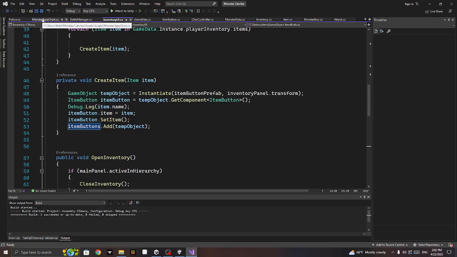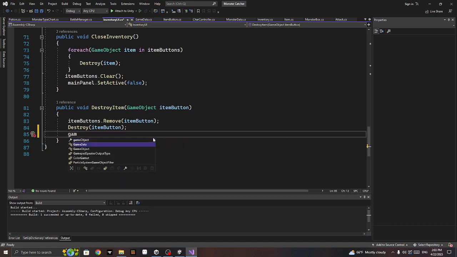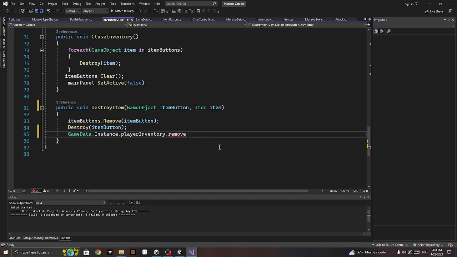Let's see if we can fix that bug really quick. If item dot amount is less than or equal to this, then we go to the definition, destroy item. Oh, that's just destroying the game object. Item buttons that remove item. Destroy item button. Oh, you know what? I need to actually do this. I need to say game data dot instance dot player inventory dot remove. So we might actually want to say comma item dot remove